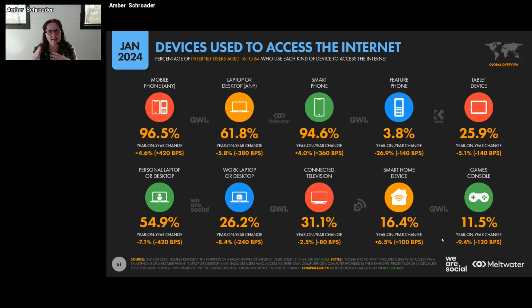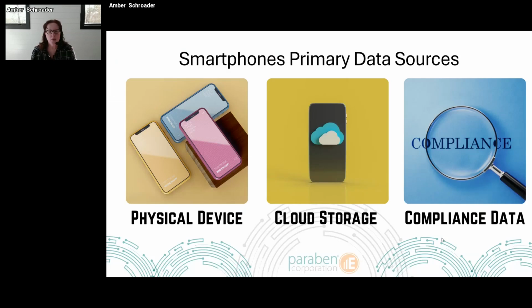You see that in this graphic, which I liked very much because it talks about connected TVs, smart home devices, gaming. All of these are your different pieces of digital evidence. And a lot of times our smartphone ends up being that integrating hub. The value of that integrating hub is we're going to be able to pull a lot of miscellaneous different information from it.